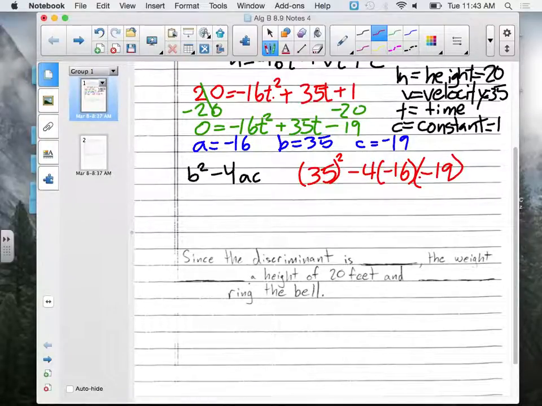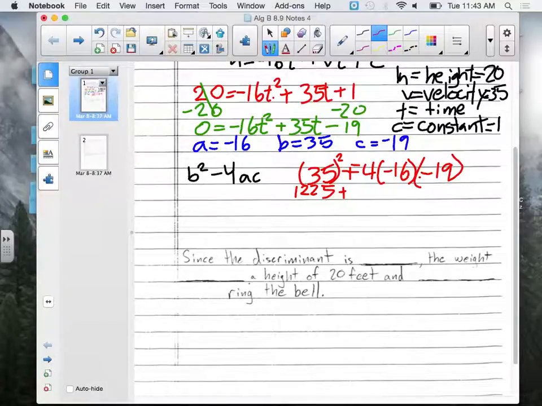Okay, and then we can change this to add the opposite, right? So what's 35 squared? 1,225. Plus negative 4 times negative 16